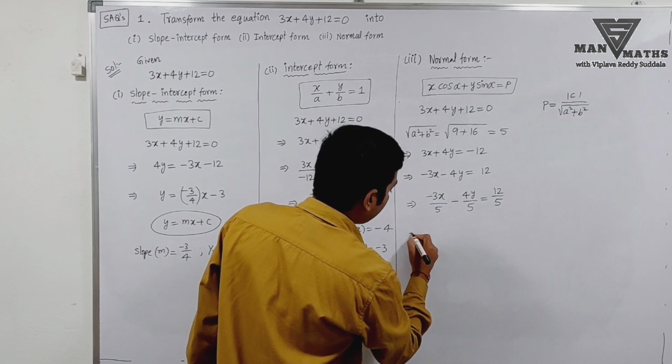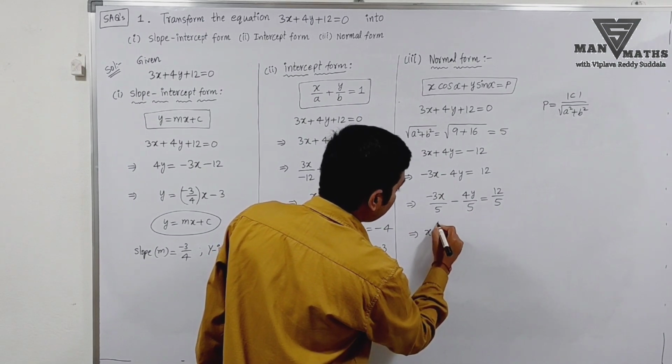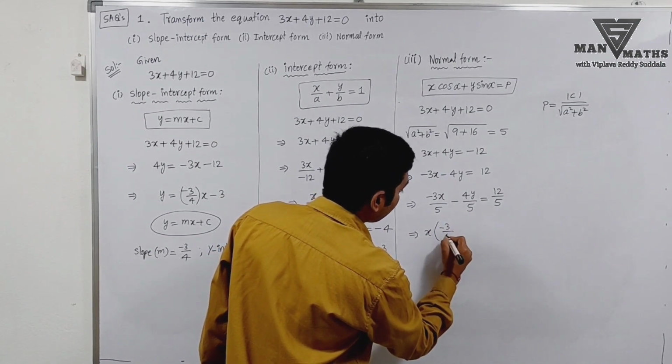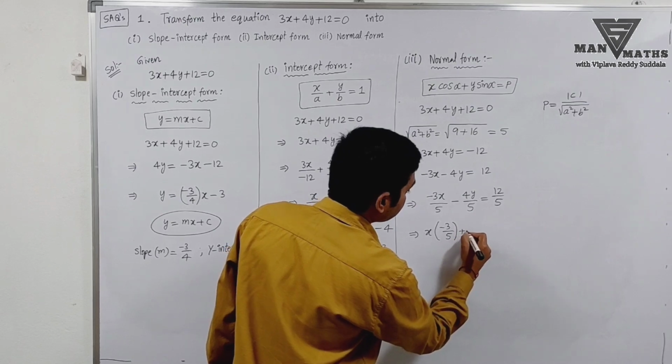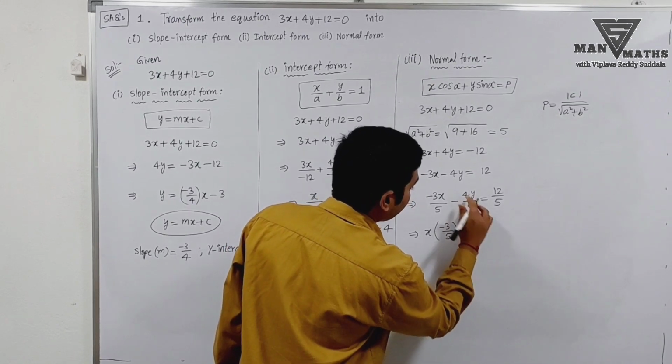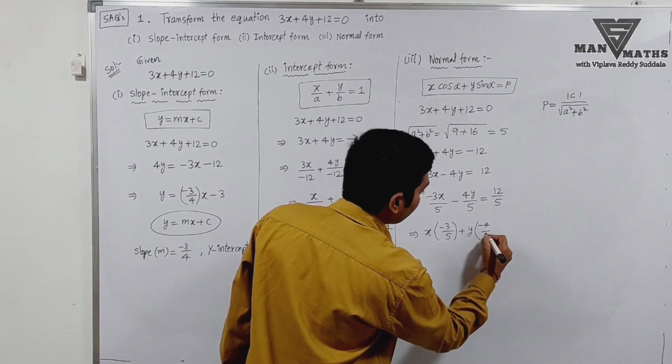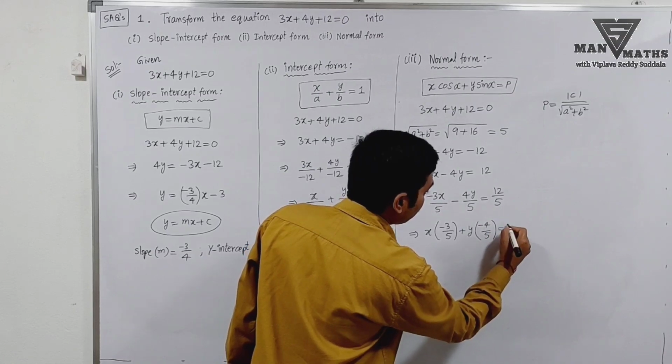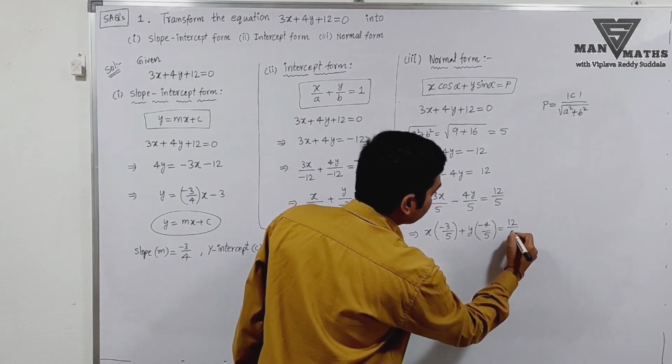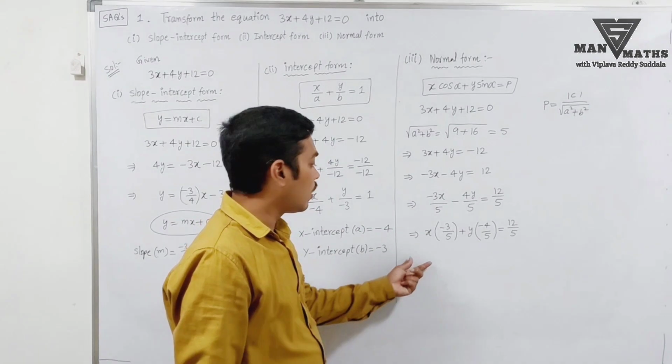This can be written as x into minus 3 by 5 plus y into minus 4 by 5 equal to 12 by 5. This is in the form of